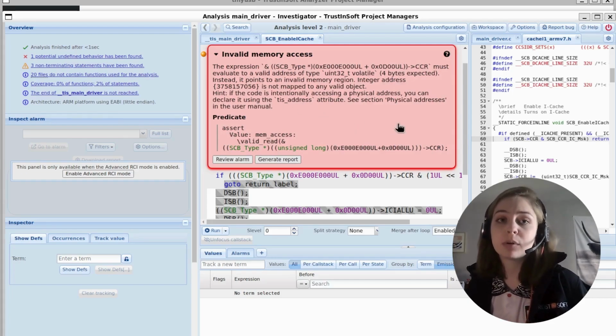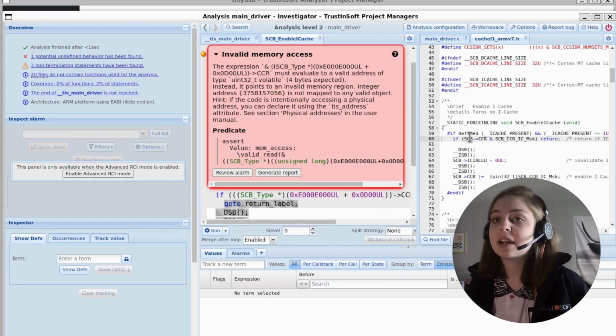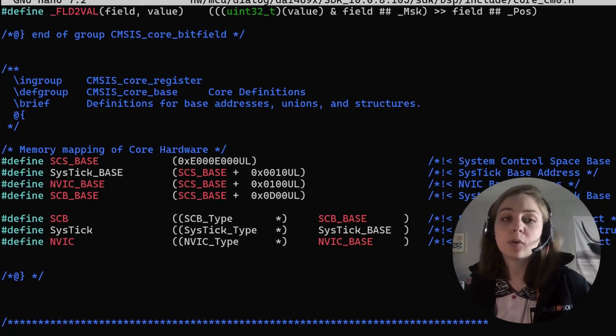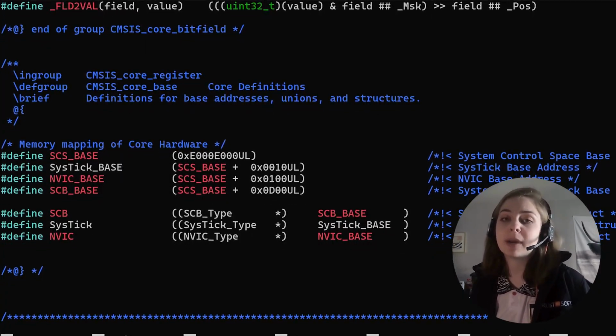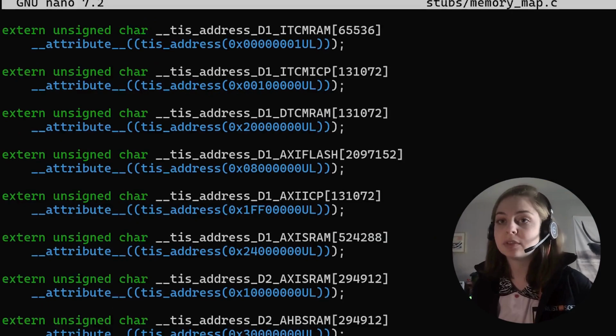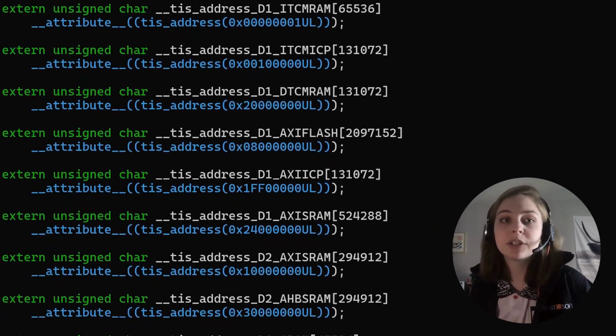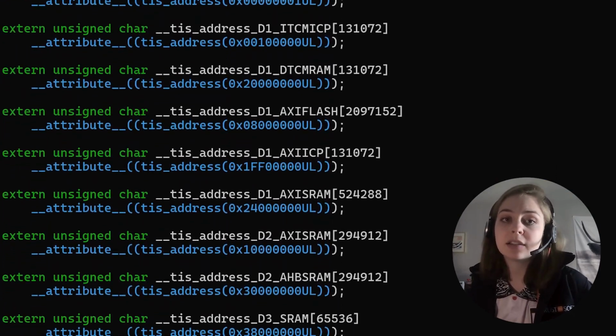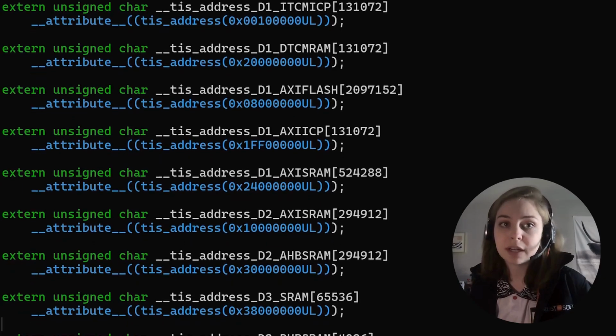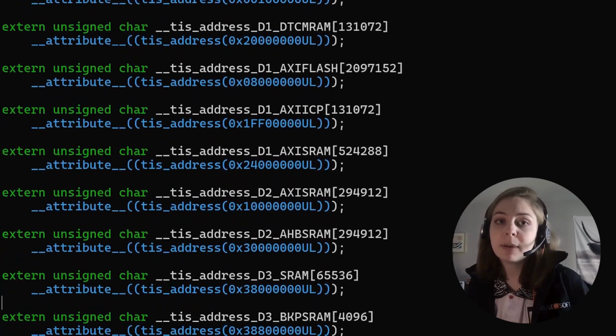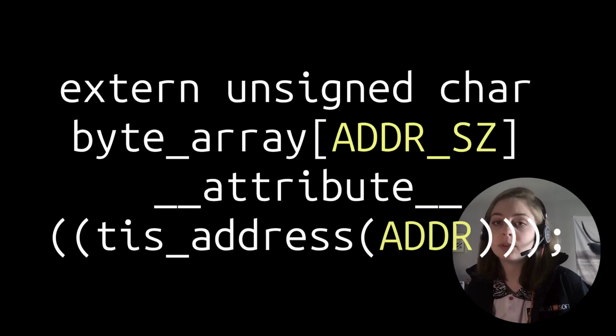On real hardware, peripheral registers are at fixed addresses. In TinyUSB, these are accessed via macros, so for formal analysis, we create a memory map file declaring global variables as placeholders for hardware regions, letting the analyzer interpret accesses correctly. We're going to create a memory map file of extern globals with TIS attributes to represent hardware regions at fixed